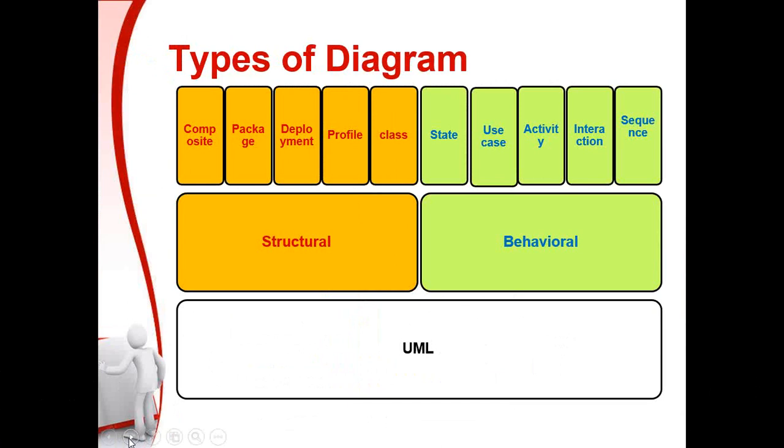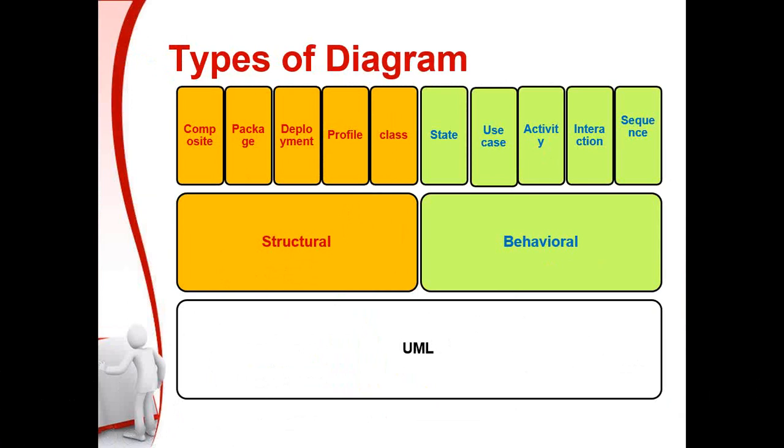Now these are some of the types of diagrams which we have. As we see, we have a very thin line between the types of diagram. So we have two types of sections. Here is our UML, and then here is our structural diagram and the behavioral diagram. When we talk about the structural diagram, there are some types of diagrams which emphasize more the structure of the requirement, how the structure of the data should work. In other words, the behavioral diagrams talk more about the behavior of the project.